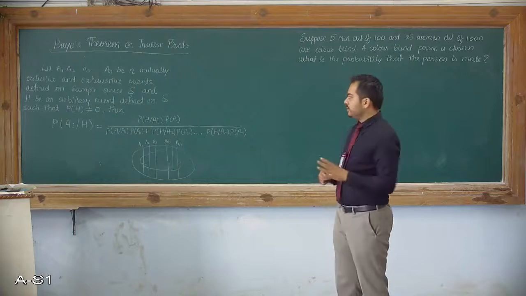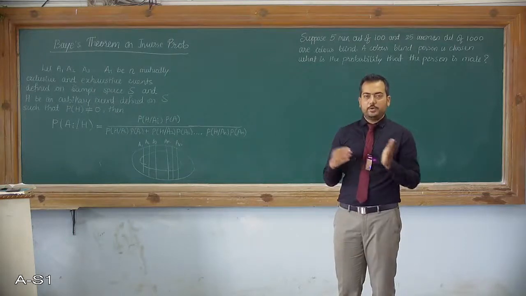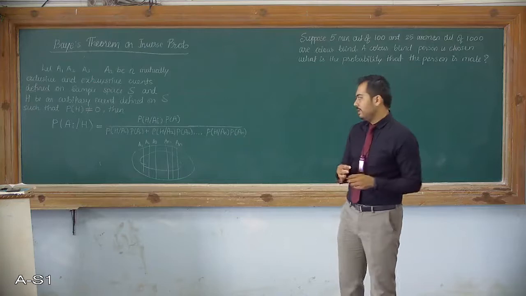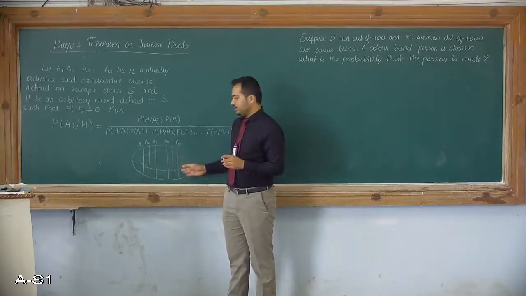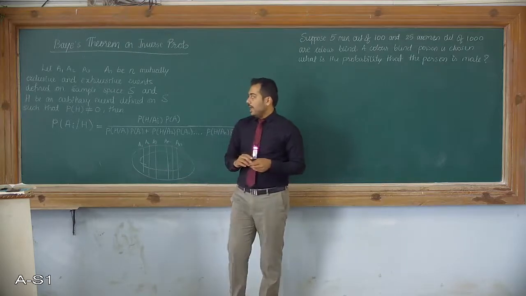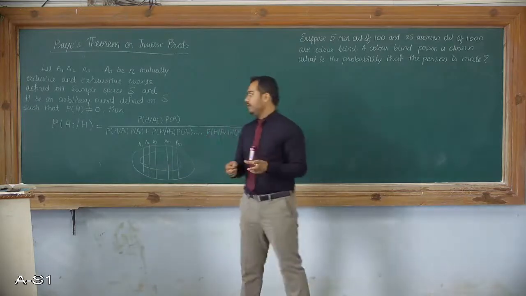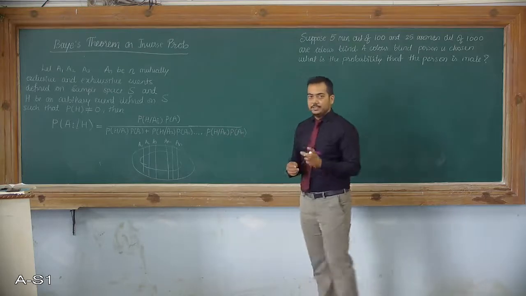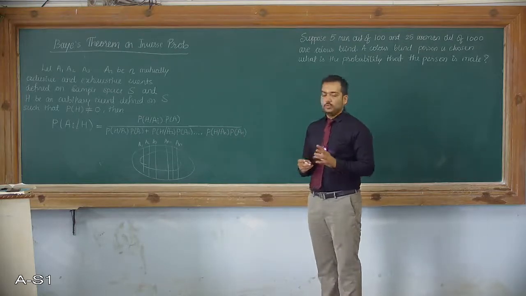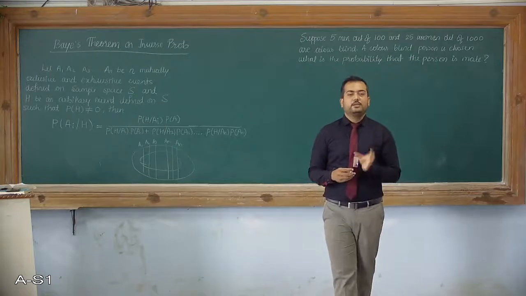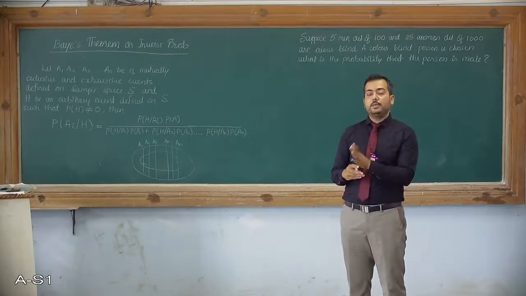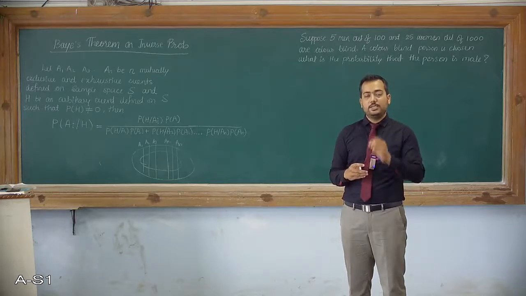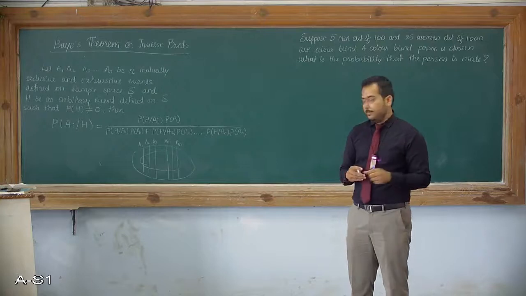This is Bayes' theorem on inverse probability. The statement is that there are multiple events from A1 to AN defined on the same sample space S, and H is one arbitrary event defined on S such that P(H) is not equal to 0. So H is another arbitrary event in the same sample space, and its probability is not 0. That means there is a possibility that event H is going to happen. Then